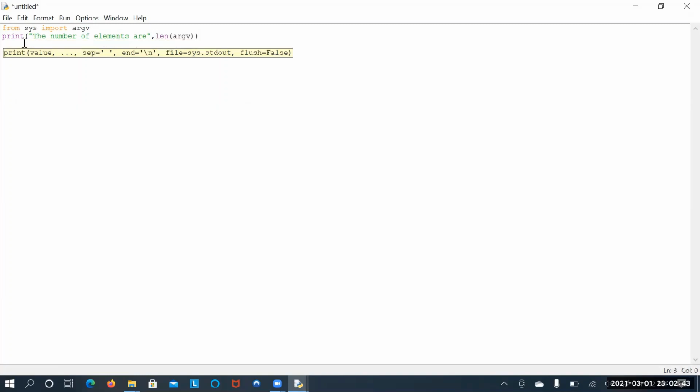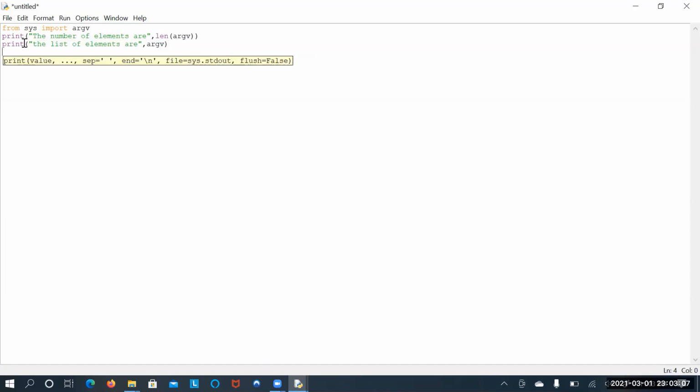Next, I am going to print the list of elements, just argv. In that variable we have the list of command line arguments.